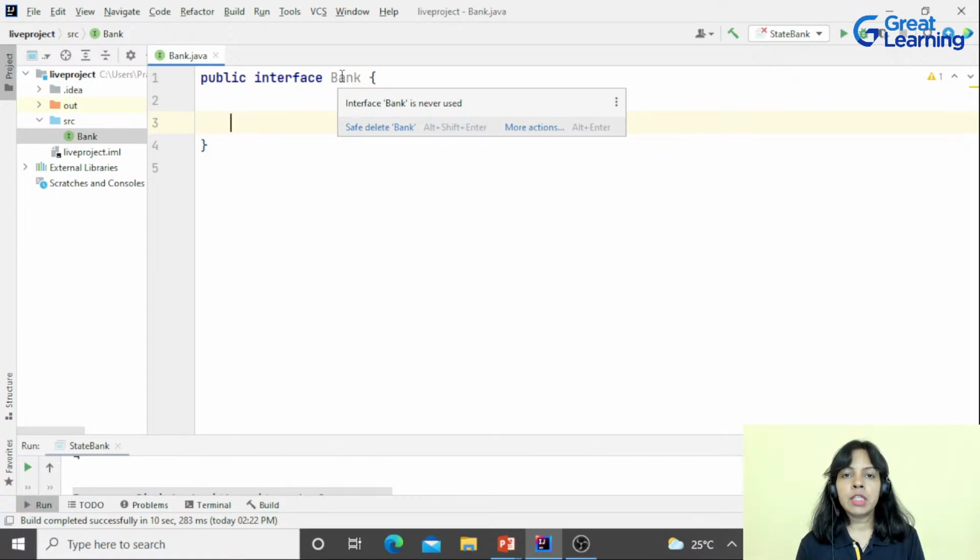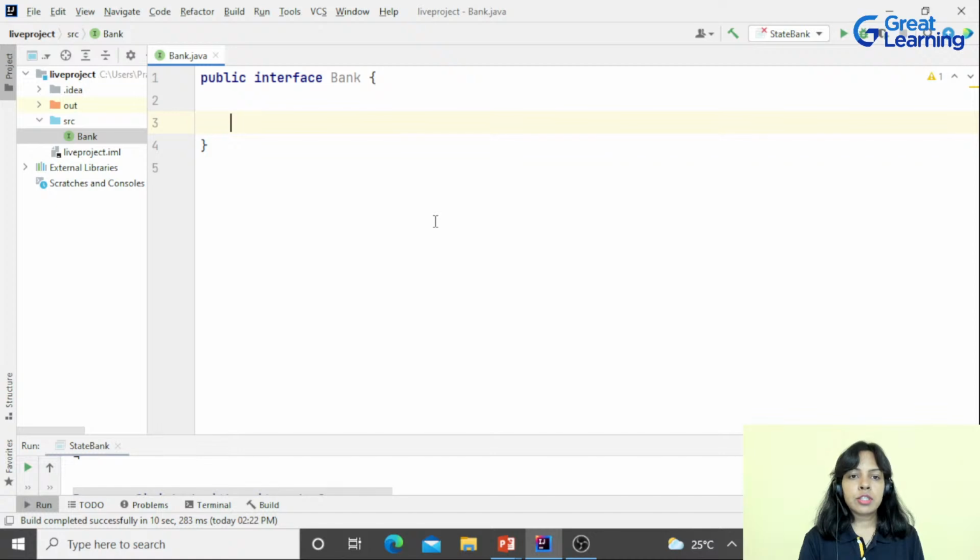Why? Because the public keyword is used to specify that this particular module can be accessed by anyone, anywhere, inside the package or outside the package; any class or any other interface can use this. And as an interface has only the outline, it has to be used by someone else, and only then can it have its full-fledged implementation. So it should have the public keyword there. Okay, so this is how we create an interface.